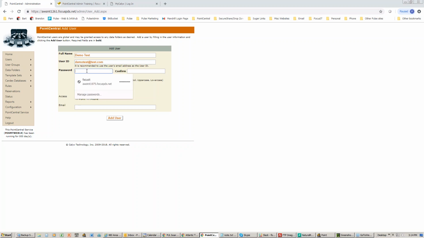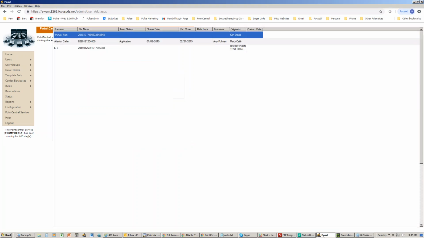Down here under passwords, when you're setting up a new user, you can assign them a password, and then you can let them know what that password is. I personally prefer not to assign them a unique password. What I do is I use the password 01. I assign this as the password to every new user that I ever add to the system. This meets all of the requirements for the password setup, and I assign it here and confirm it. Because what I do is I tell the users,